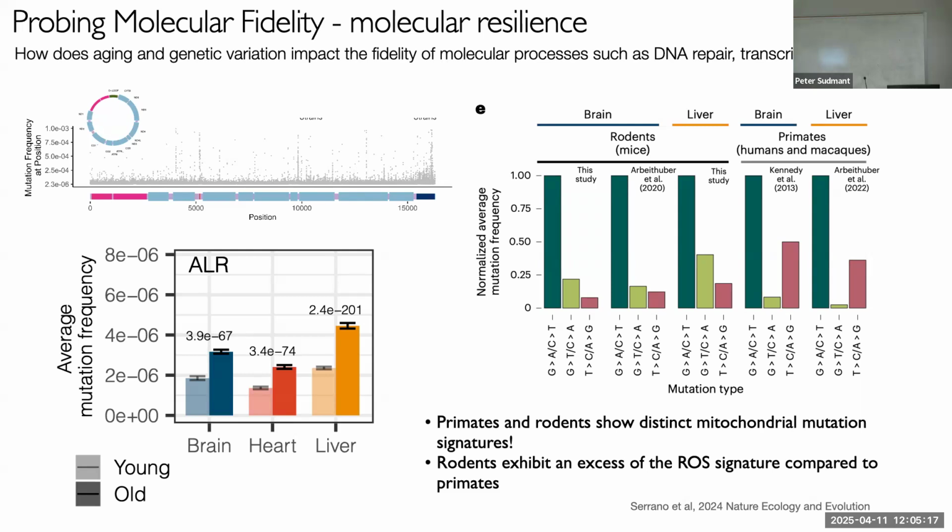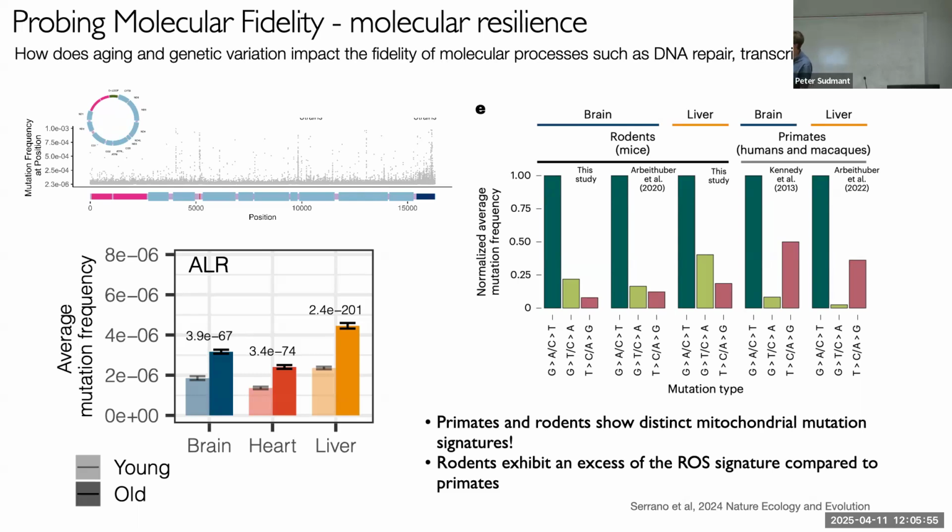This picture is just simply showing that the old mice have more mutations than the young mice. Fine. But here's the really interesting thing: when you look at the types of mutations that exist, they're actually distinct in mice from primates. This is a picture showing the different kinds of mutations that we observe, and we've normalized everything to C to T mutations, so that's normalized to 1. What we can see here is the second most common mutation type is G to T, the signature of oxidative damage. We saw it in our study, and when we look at other studies as well, we can replicate the signature. It's the second most common signature.